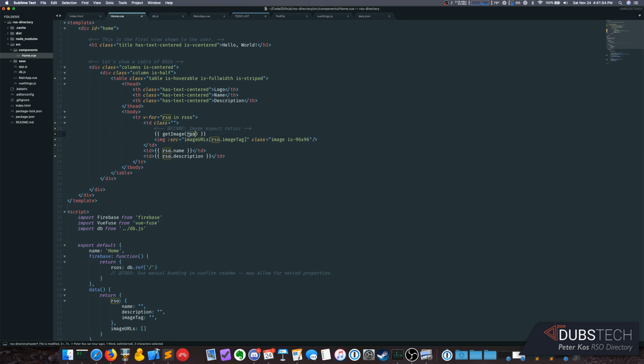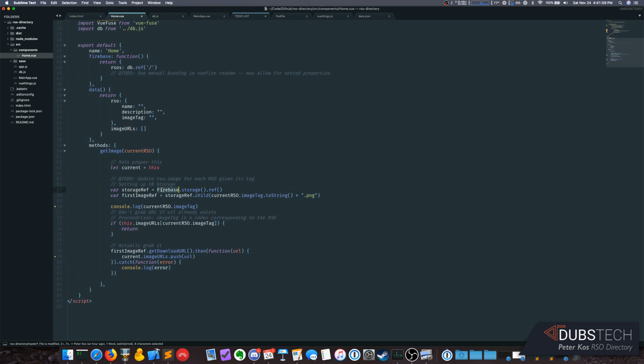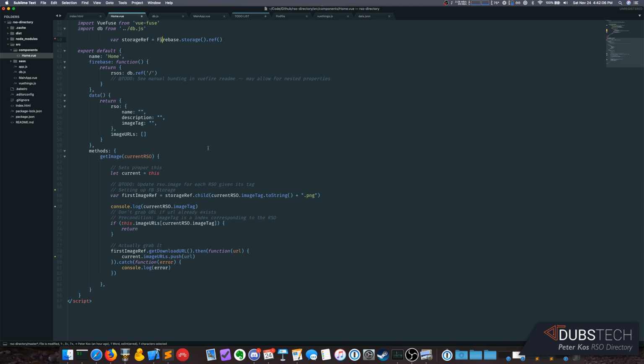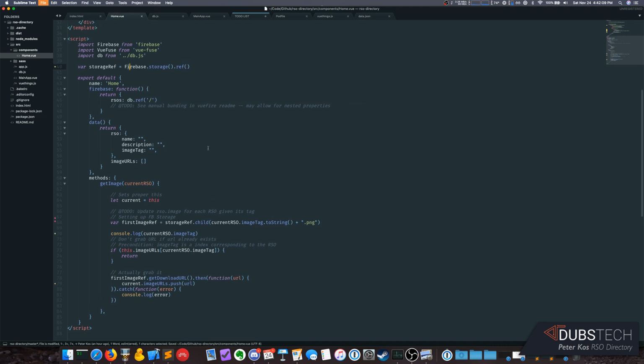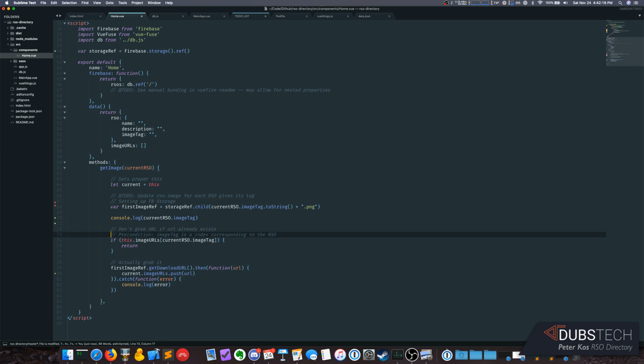It calls getImage, passes in the current RSO, which is the first RSO object. It creates the storage reference. Oh, I do not want to be doing this every single time. I want to move this up to here. Cool. Current RSO image tag to string, logs the current image tag, and then if the image URL at the image tag, so if it tries to index something, like if it only has 2 image tags, if it only